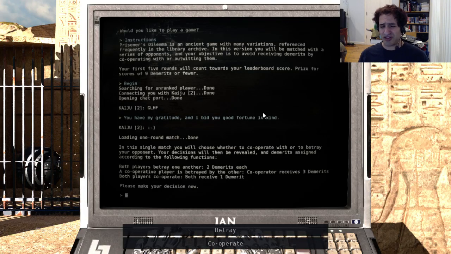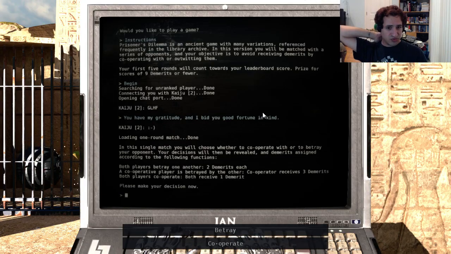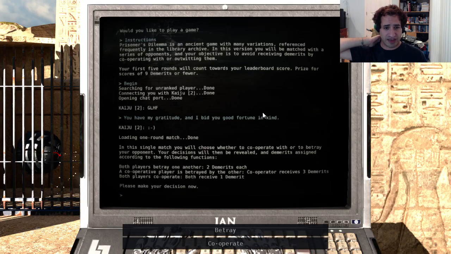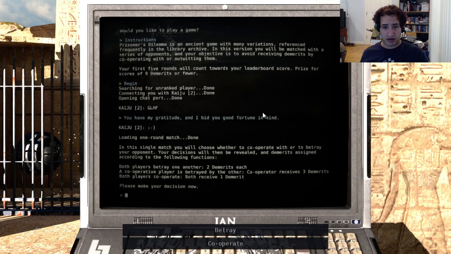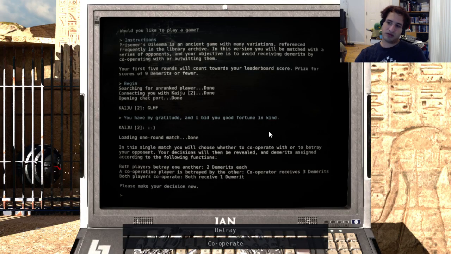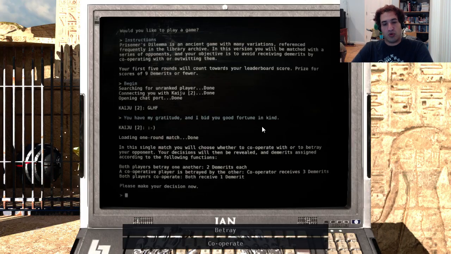The math on this really suits Betray more than it suits everything else. Assuming my goal is to get below 9 demerits, then I kind of have to betray, because cooperating isn't beneficial. I mean, if I'm assuming that everybody else will cooperate with me...